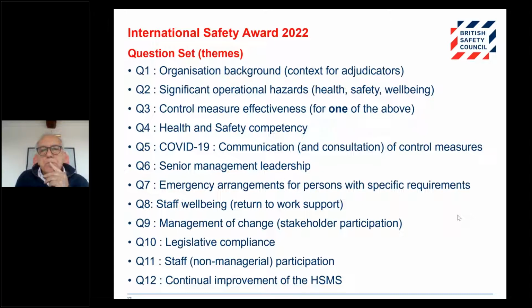Question 3, Neil, then sort of links back to question 2, and asks you to explain how the control measures you've implemented for one, and again highlighting just one of the hazards from question 2. Can I just take Dave? Go on. If you remember